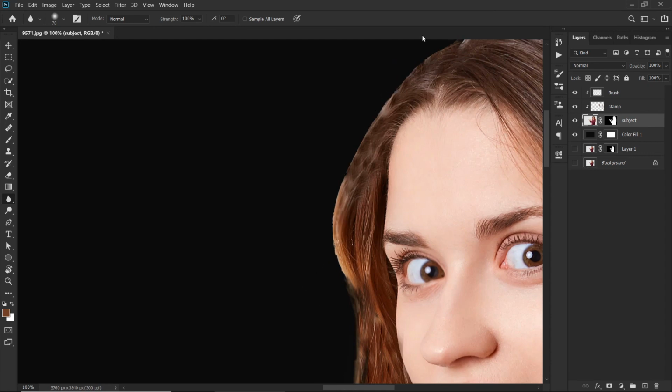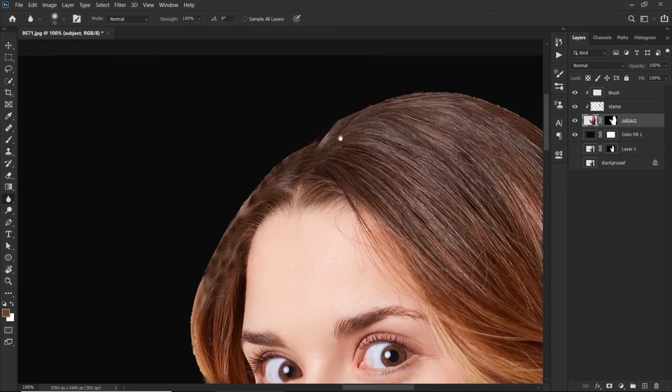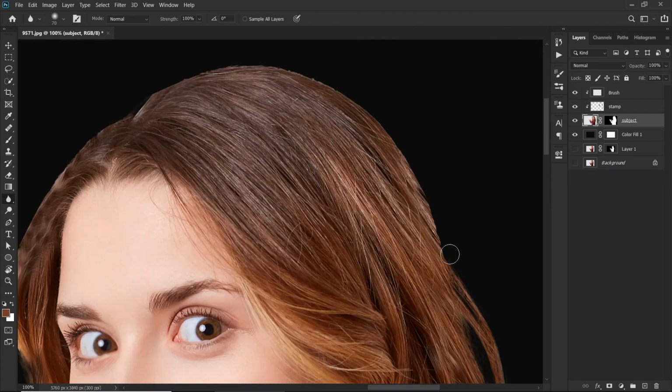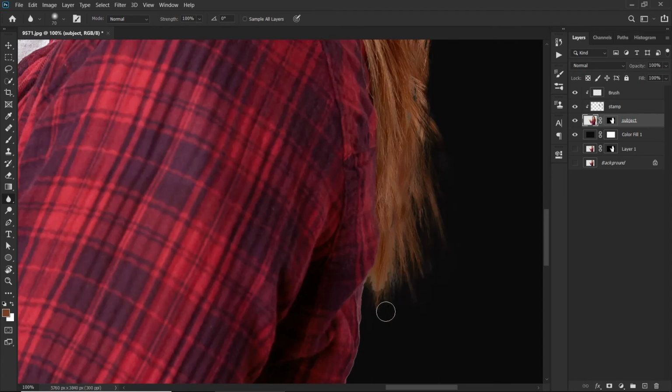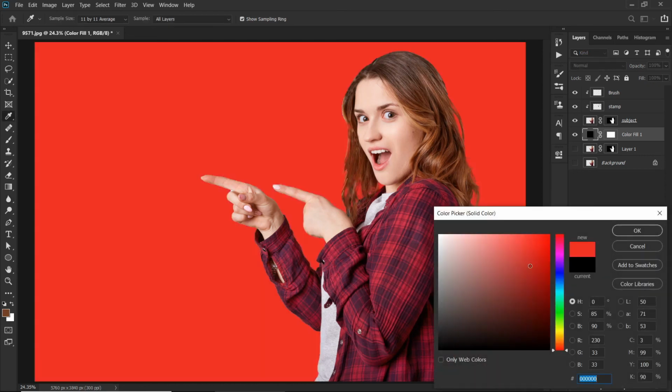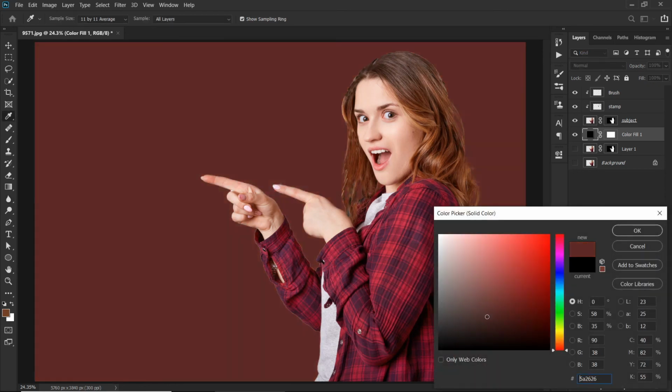So yeah, blur these regions here. Now see, our hairs are somewhat fixed, and if you change our background to any color, the fringes will not show up.